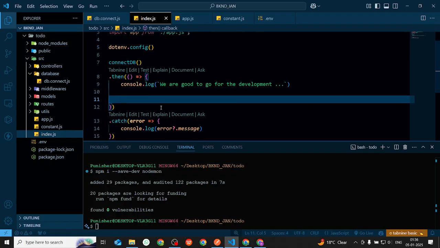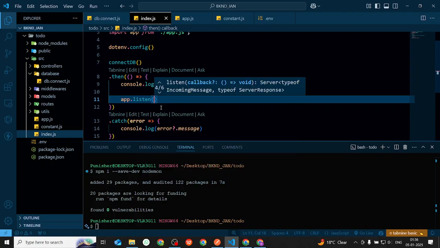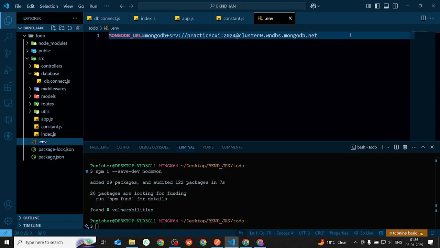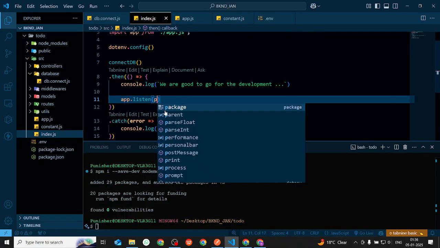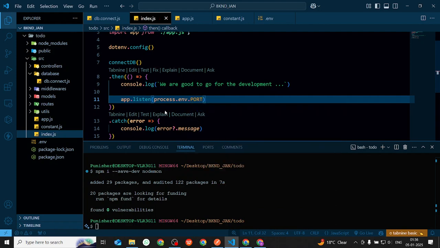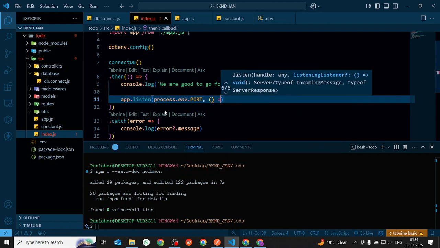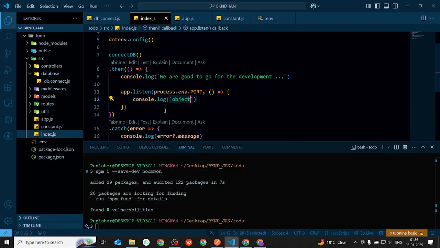How can I start the server? Just app.listen, and I have to put a port. Now I have to define a port inside the env file. Port will be, let's suppose, 3000, and I will go inside the index.js and use process.env.port, and it will also take a callback, and inside the callback I will console log a message like